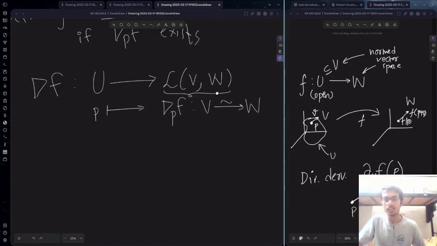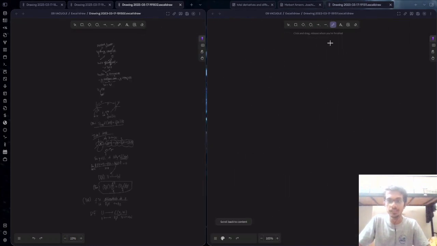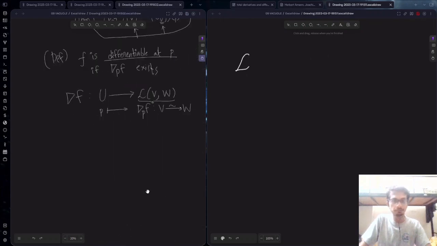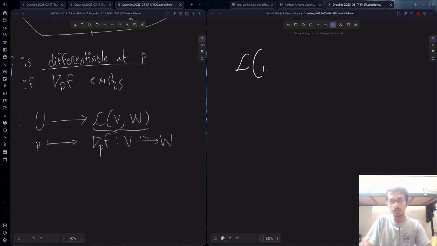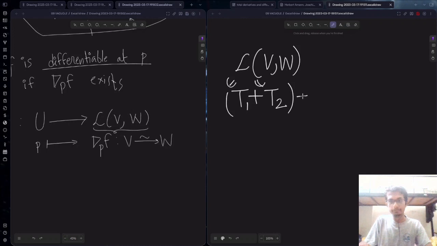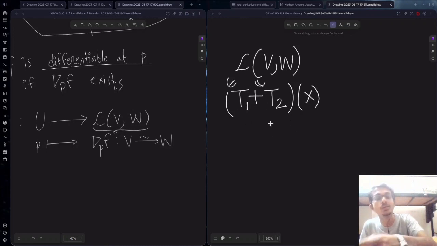So what I will have to do is take the set of all linear transformations from V to W, where V and W are vector spaces, and define two operations on T1 and T2 belonging here,